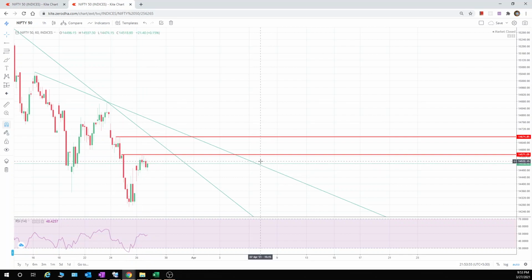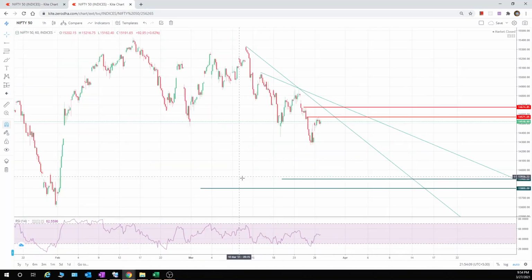What I told you in my last video is that from 14,575 to 14,700 is the area to be cautious. Somewhere here Nifty could hover, and then we can fall towards the 13,900 to 13,800 level.